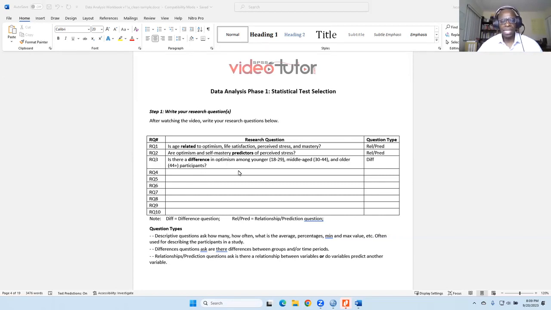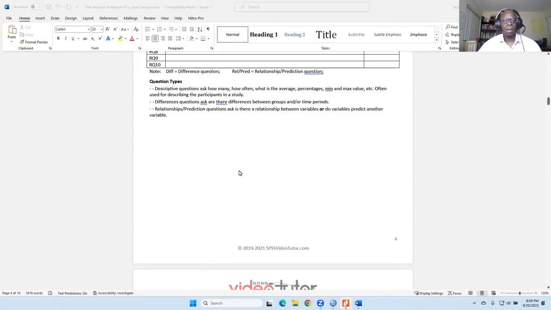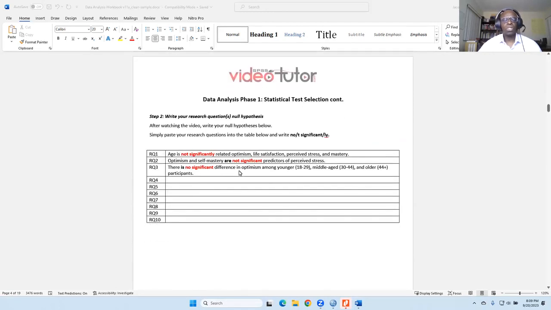Then the second step was to write the null hypothesis for each research question. The null hypothesis is simply that there is no effect, whether there is no predictive effect, no relationship, or no significant difference. So we came up with these 3 null hypotheses.